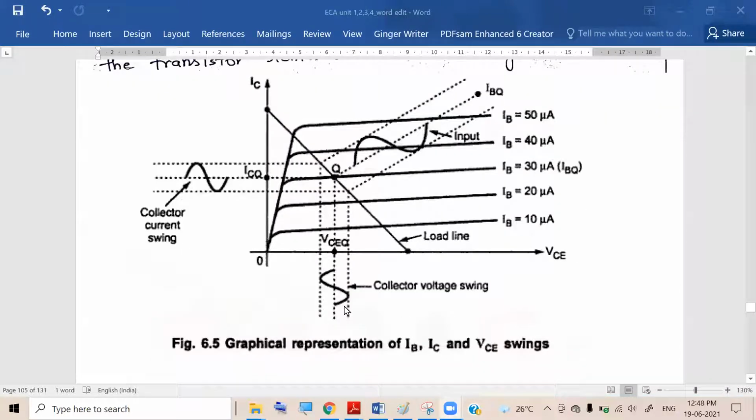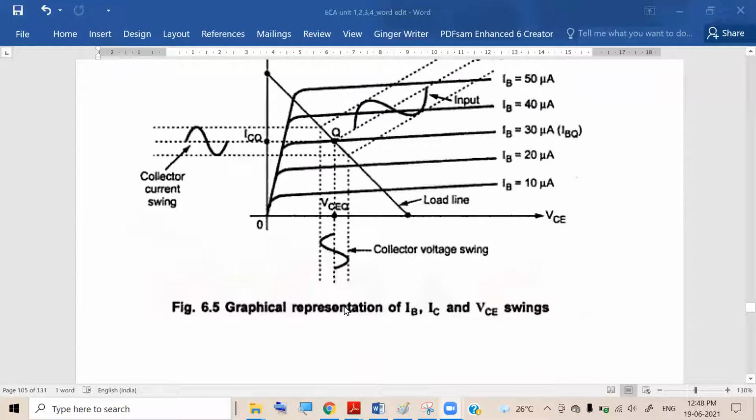Fine. Now, let us see what is the maximum. See, it is like this. Suppose you are purchasing something, you will ask how best it can perform, what is the maximum. Suppose you are purchasing a bike or scooty, you will ask what is the maximum speed it will travel. Suppose they say 30 kilometers per hour, you will say, no, I don't want it. Likewise, here it is important to find what is the maximum output this particular amplifier can generate.